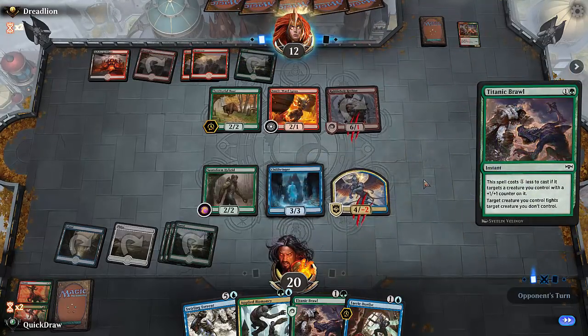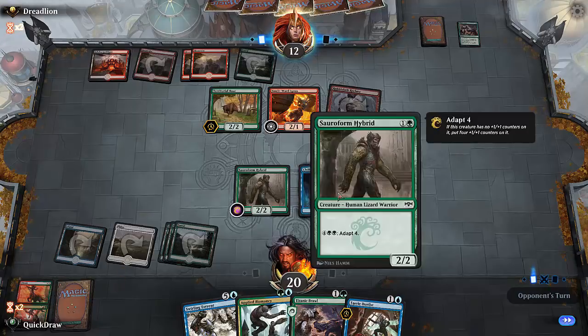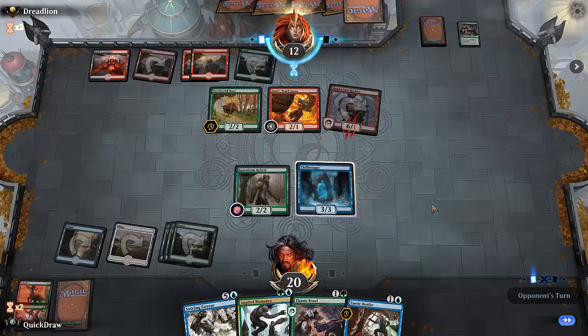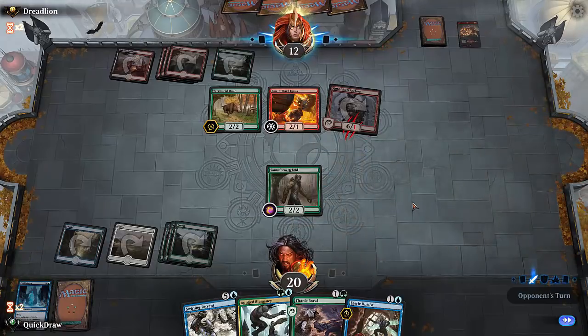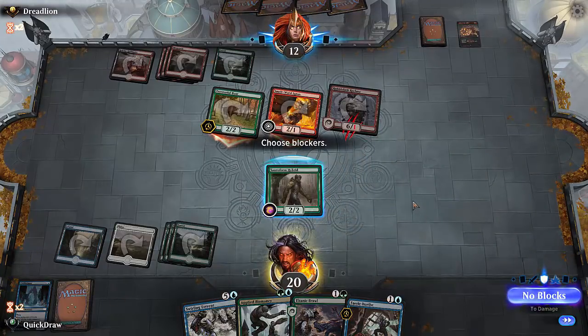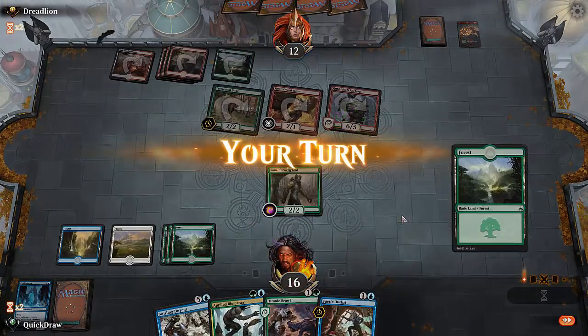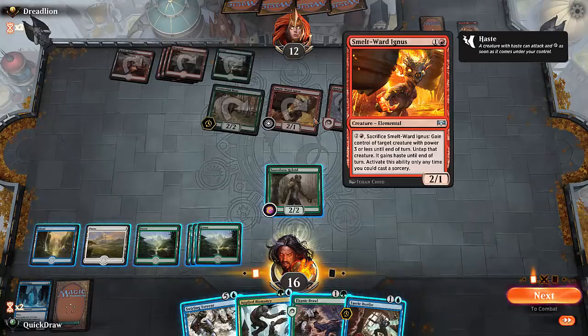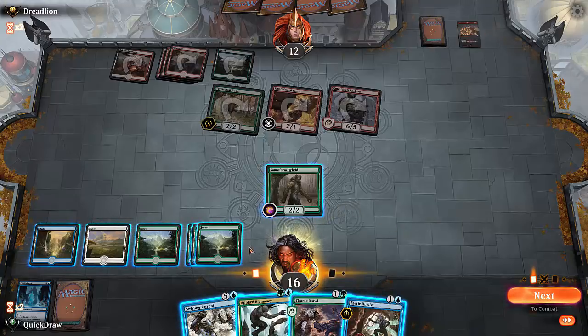Okay, that's unfortunate. I could have countered it if I had Applied Biomancy up. My mana situation is a little awkward. Okay, so no more threats. We have no more threats. Okay, no blocks. Another awkward thing is this Smeltward Ignis can steal Sorrowform Hybrid. So here,